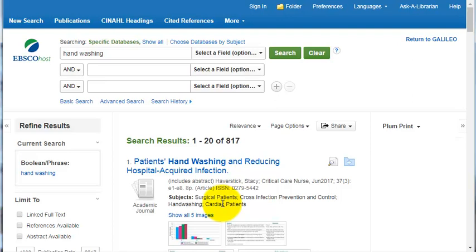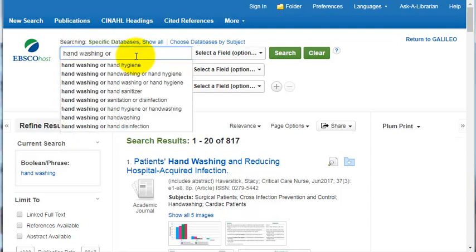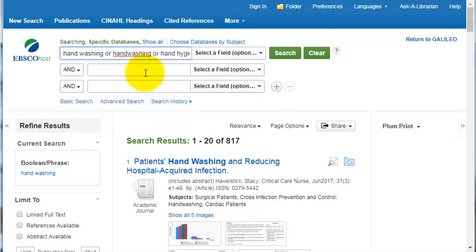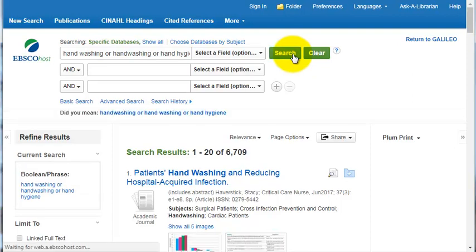The second technique is to go back to your original search and add the word "or." And when I do that, the database recommends searches based on what past researchers have looked for before, so you can benefit from their expertise with just a simple click. And when I do this new search for hand washing as two words, or hand washing as one word, or hand hygiene, I go from 817 results to